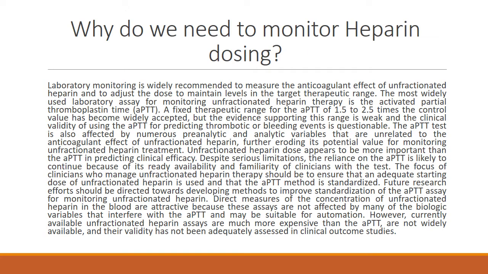Why do we need to monitor heparin dosing? Laboratory monitoring is widely recommended to measure the anticoagulant effect of unfractionated heparin and to adjust the dose to maintain the level at the target therapeutic range. So the anticoagulant effect must be monitored, because if too much is given, then there will be bleeding. The most widely used laboratory assay for monitoring unfractionated heparin therapy is the activated partial thromboplastin time or APTT, with a fixed therapeutic range for the APTT of 1.5 to 2.5 times